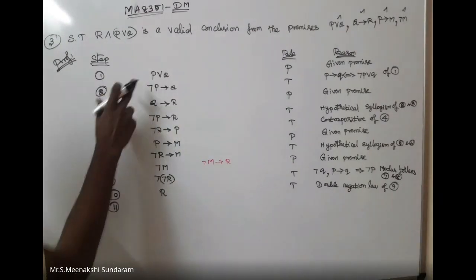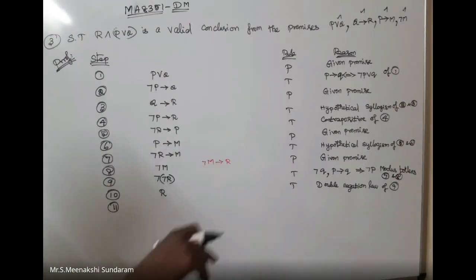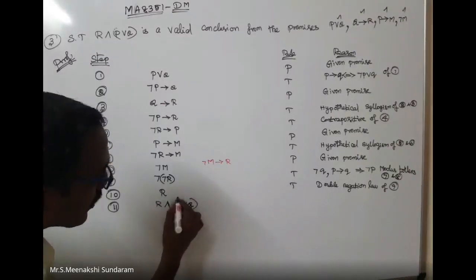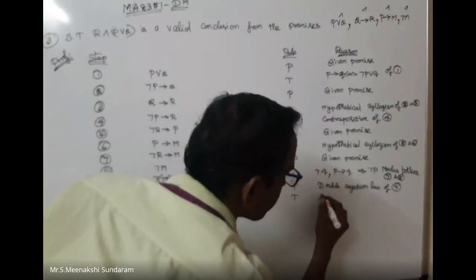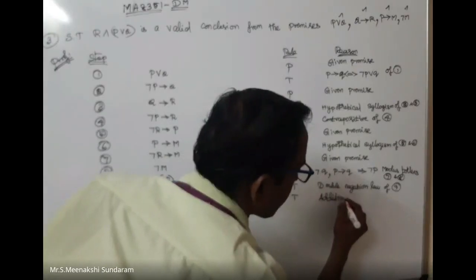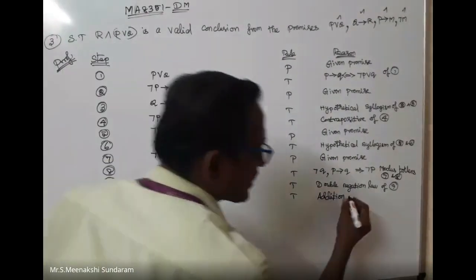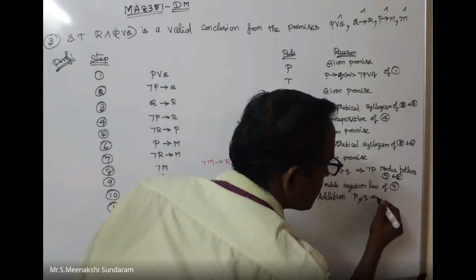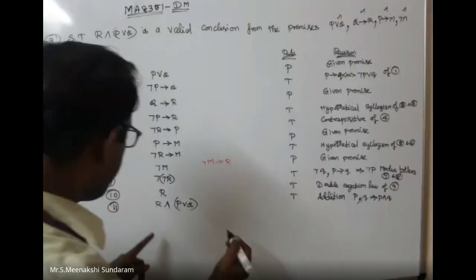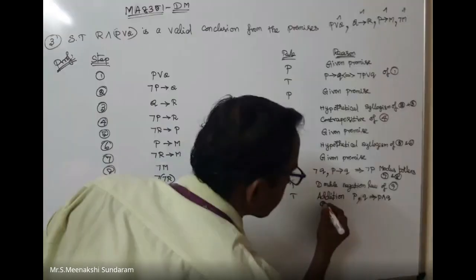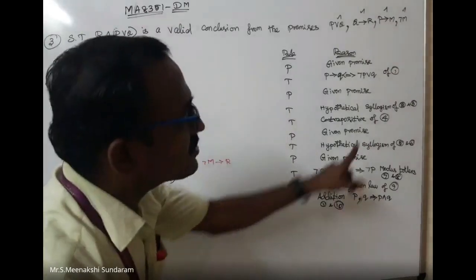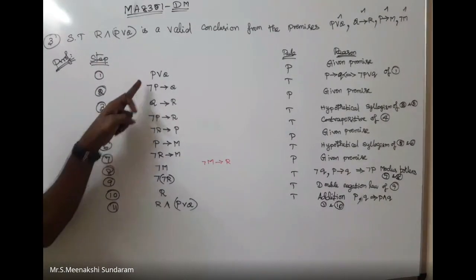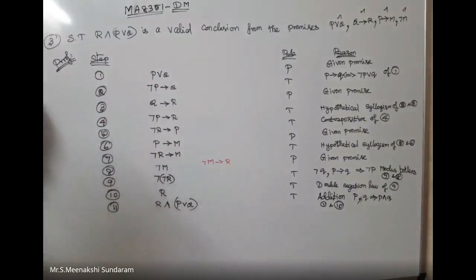P and Q. We can write P conjunction Q. So conjunction P disjunction Q by using the rule of addition. Simplification, addition: P conjunction Q, another P comma Q implies P conjunction Q. Addition of step number 1 and 10. Here I can use the first step 2 times. Premises you can use any number of times. It is not necessary to use it only once; I can use it as many times as I want. That's why I can choose this problem.